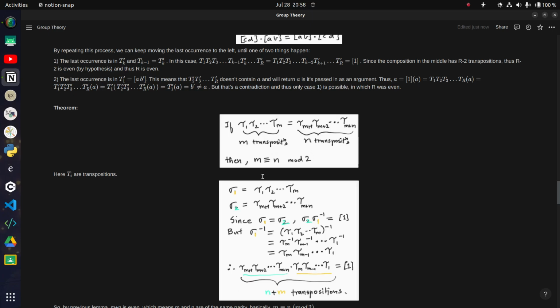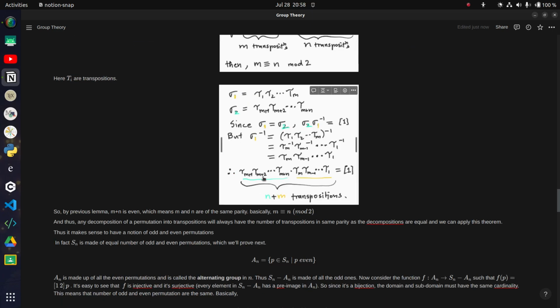Just apply the inverse of the left hand side on both sides, and then on the right hand side you'll just get something like m plus n transpositions. Let me just show you the whole thing actually. Yeah, this is the whole thing. So just apply sigma 1 inverse on both sides, and you just get this thing, right? So you have n plus m transpositions,